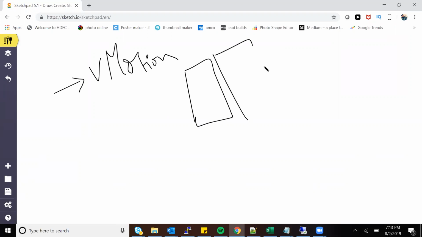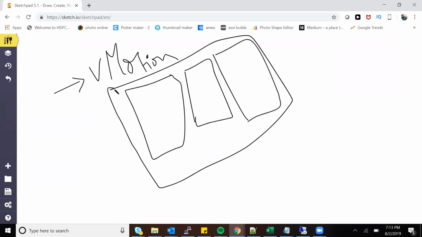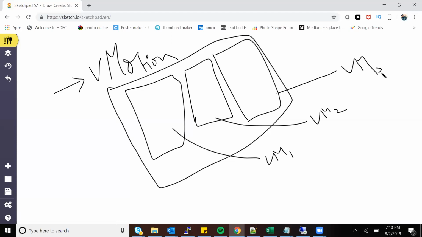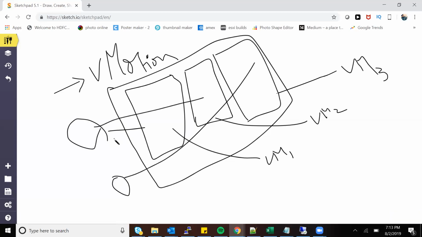a 3-node cluster, 3 hosts in one cluster, like our example. And I have VMs running on all the 3 hosts: VM1, VM2, and VM3. This host is connected to one switch, and this one is connected to a different switch. Suddenly one day this switch alone got busted or something is broken.